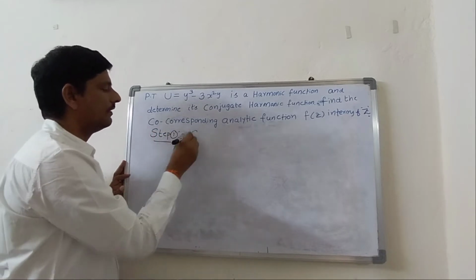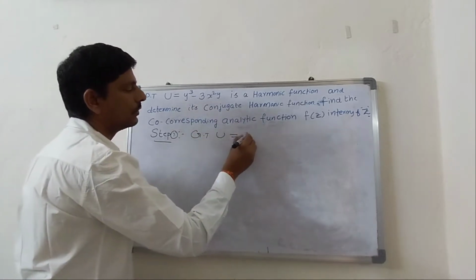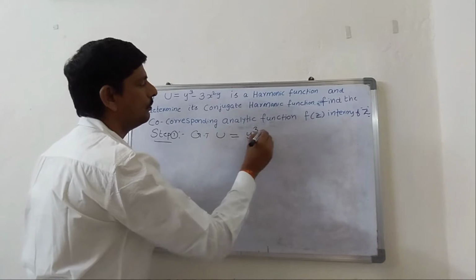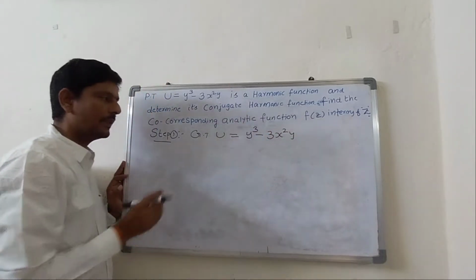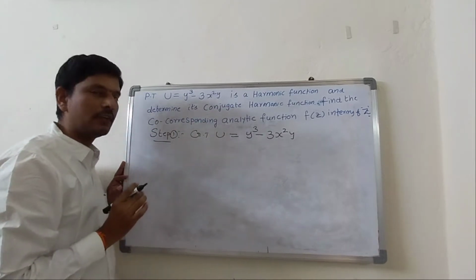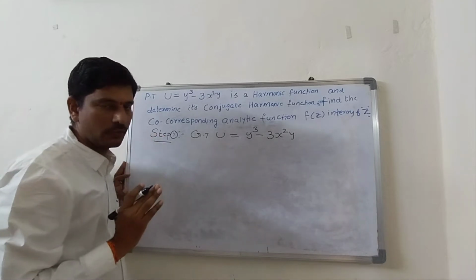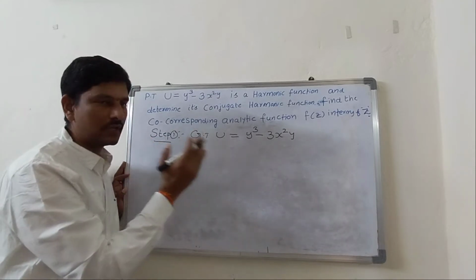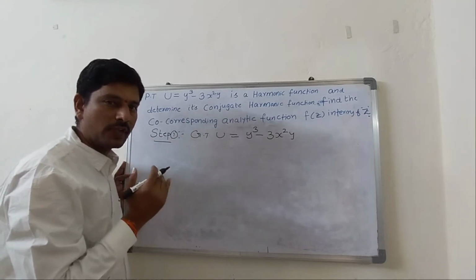proving the given function. What is given to us? u equal to y cube minus 3x square y. Okay, here given that u. Now we have to prove this u is a harmonic function. Already we have discussed about harmonic function in first video, right? So I will give the link in the description, but I am repeating the process of proving harmonic function once